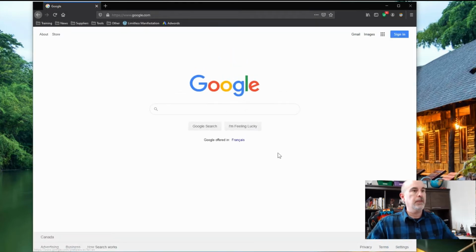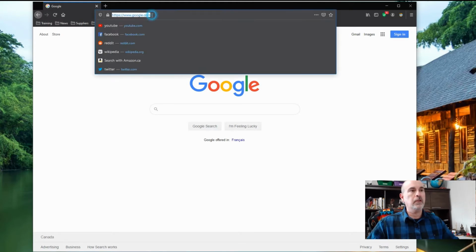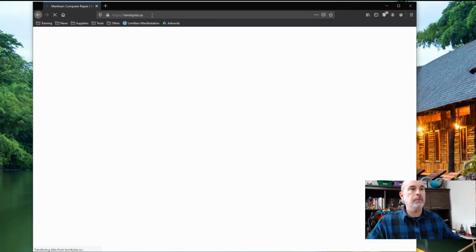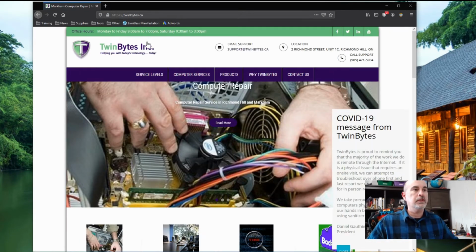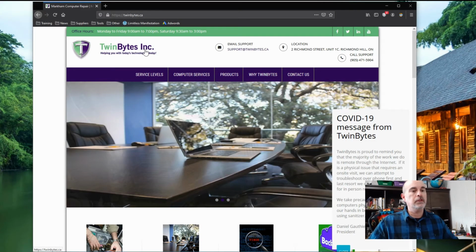We'll hit Done, and you can see that our Google page is still a white background, but the top part of our screen here where we have the tab, the menu options, and your favorites bar, if you have that displayed, it's all dark. But all the websites you go to will have a white background. If we go to my website as another example, you'll see that it's also got the white background. So there's still something else that we need to do.